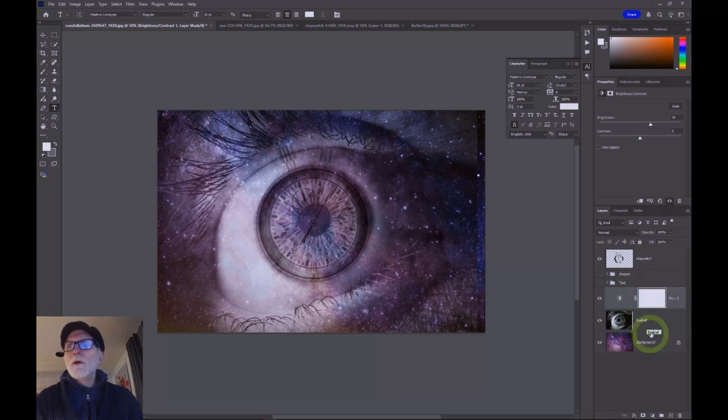So not only are we affecting the eyeball layer, but we're also affecting the background layer, which in this case I think is fine, but it would be nice if we could just have that adjustment affect the eyeball layer right below it. Well, we can do that by selecting our image adjustment layer, just making sure that's highlighted, holding